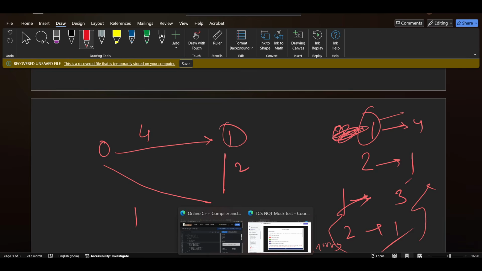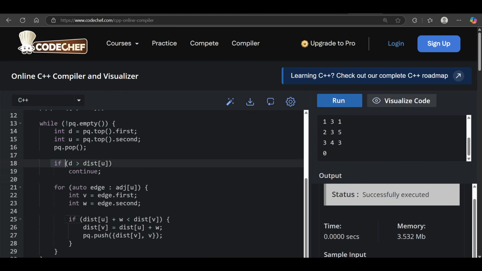That's why we are checking here. If the distance is already greater than the stored one, then we will directly continue, because we don't need to check that point, as we already reached it and it already has the minimum distance. So we will not check that. That's what we are doing here.